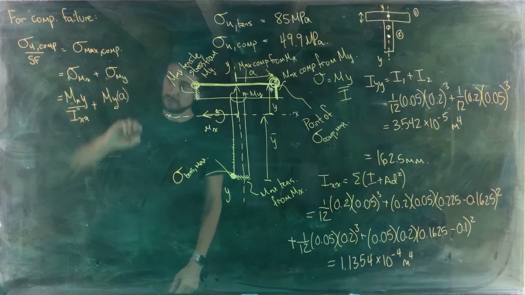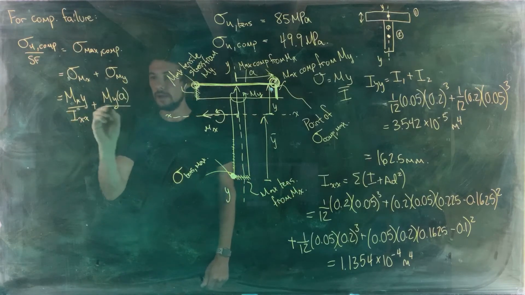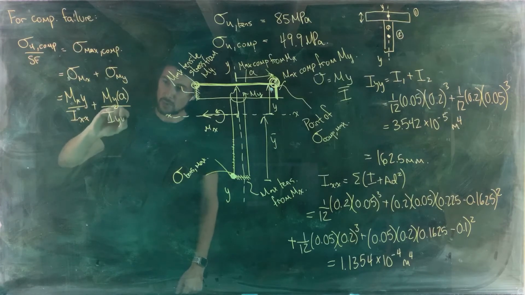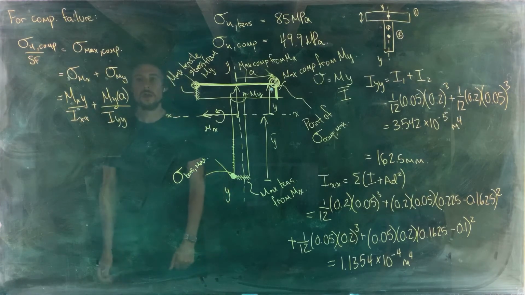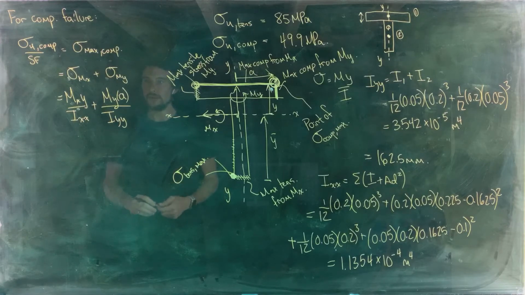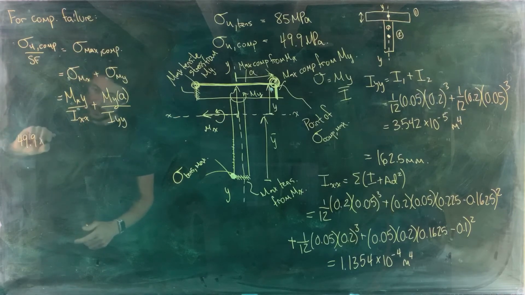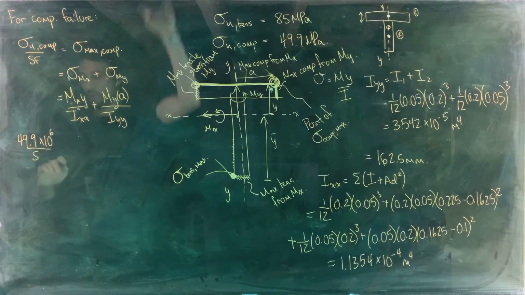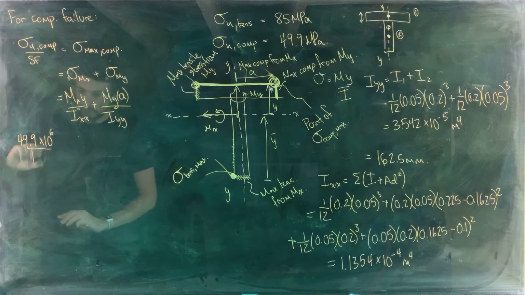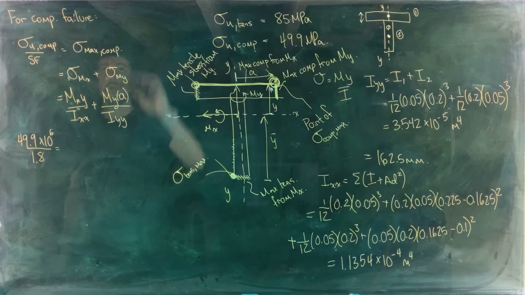So we're multiplying by distance a and then dividing by Iyy. Okay, so let's put all of the numbers in and then solve that problem. The ultimate compressive strength was 49.9 megapascals. Our safety factor was 1.8, equals